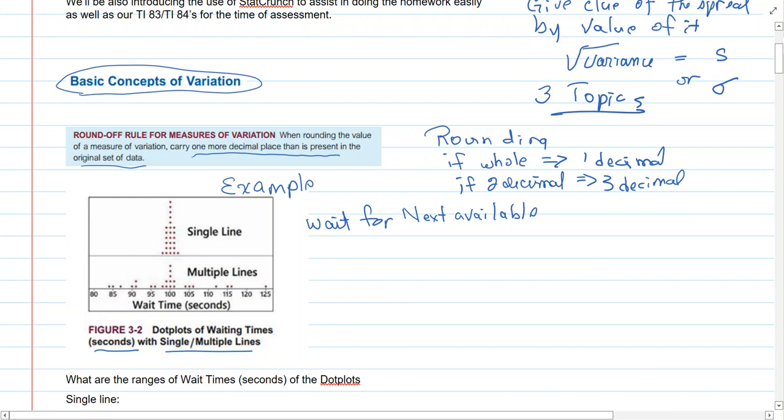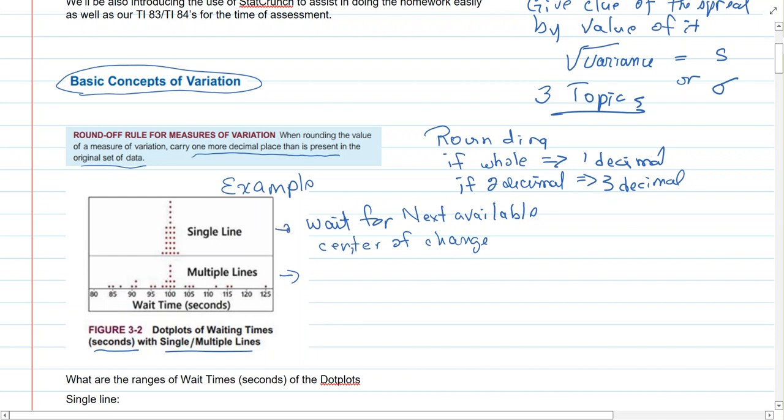And we can see something very interesting. The single line has a center of activity, of change, with very little variation. Look how close there is. Now, the multi-line